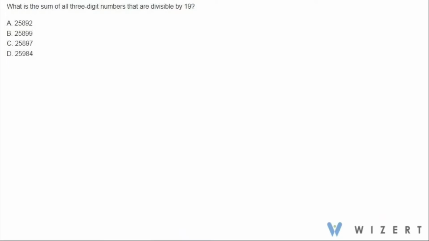We have this question here. What is the sum of all three-digit numbers that are divisible by 19? Now, since we have to find the sum of all three-digit numbers that are divisible by 19, all